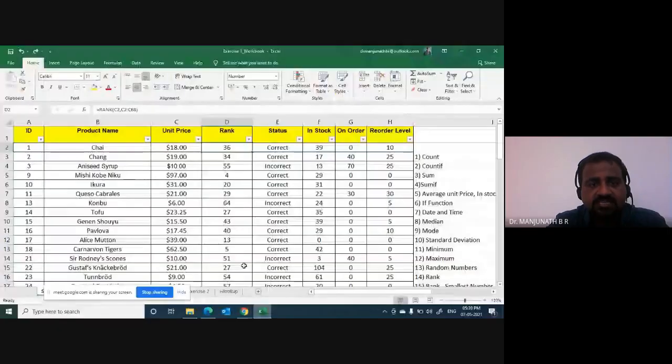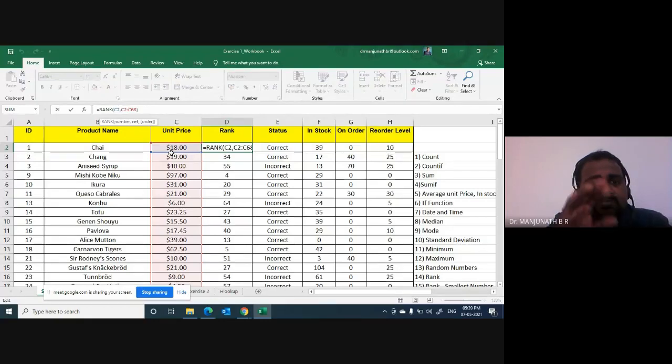Now I'm in the Excel. So I was just telling you to introduce a dollar sign for C2 to C68. Why C2 to C68 with dollar signs? Because that is the table range, that is the data range. And Excel should understand that the starting point is C2 and the end point is C68. For that reason, I manually do Shift 4. For the C, I introduced a dollar sign. For 2, I'm introducing a dollar sign.